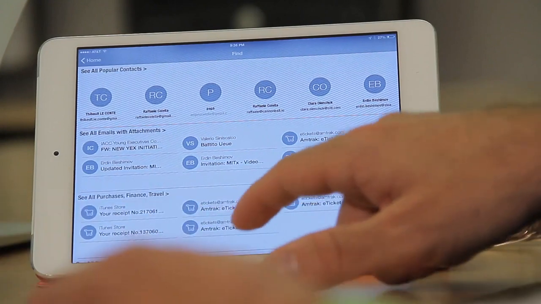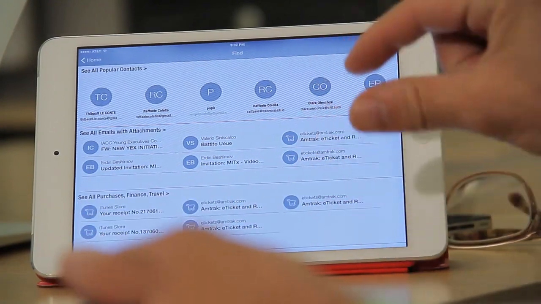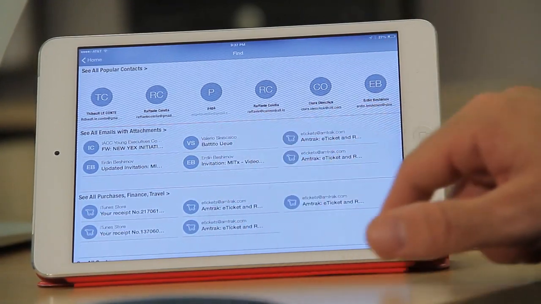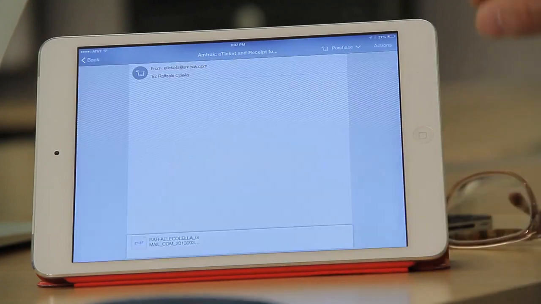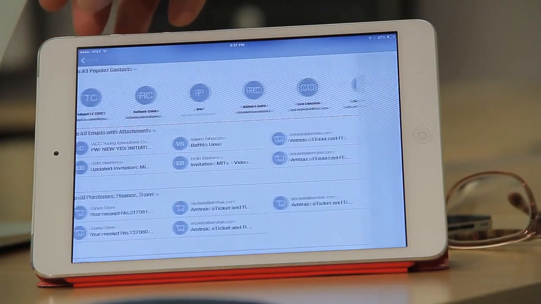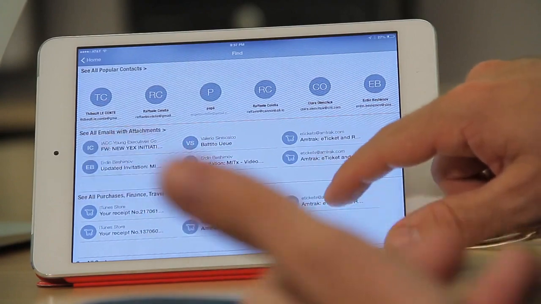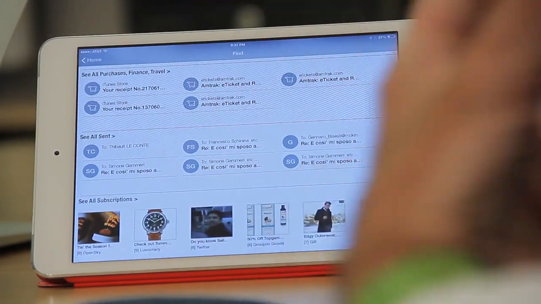Or then I have my important categories, like the tickets, and here is the ticket of the train from Amtrak, because I just came back from New York, so I can find it very quickly. I don't need to run a search that sometimes takes a lot of time because maybe the connection is not great, while in here my content is on the iPad, it's already there and I can find it, or the sent email, the subscriptions, and so on. And everything is very visual, everything is very gesture based.